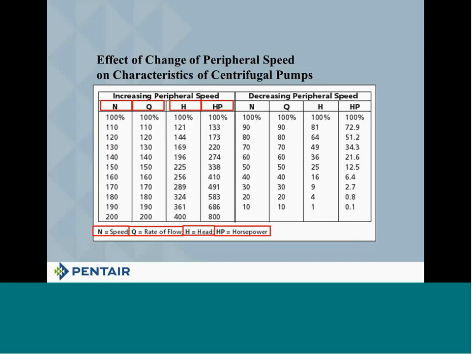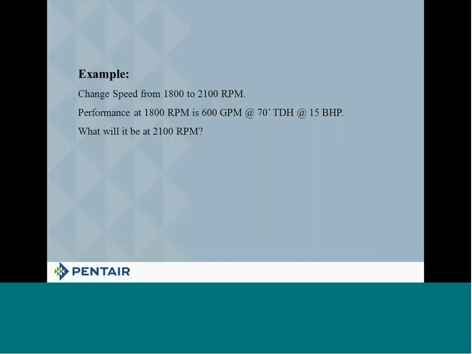All right? So to do an example, we're going to change from 1,800 to 2,100 RPM. We're going to go up in speed. Now, again, that changes the formula a little bit. Our number is going to be greater than 1 instead of less than 1. Okay? But we need to know the performance at one of these two in order to calculate the other one. So if we know that at 1,800 RPM, we're getting 600 gallons at 70 feet of head, requiring 15 brake horsepower, what's going to happen at 2,100 RPM? This is the answer here. First thing you have to do